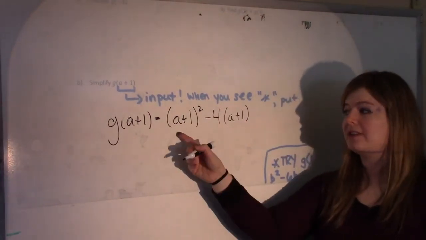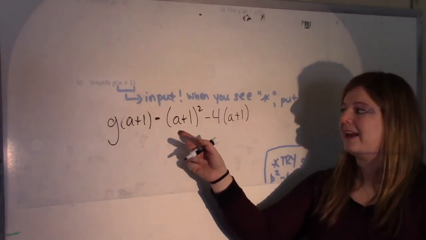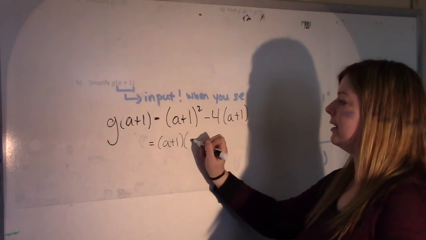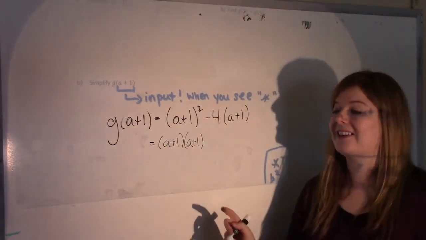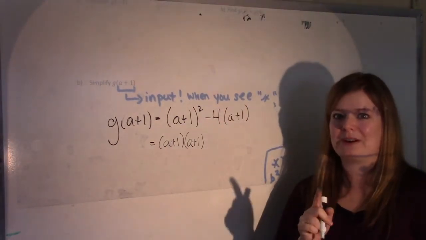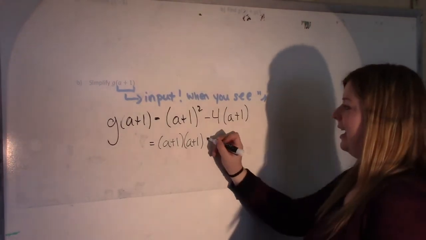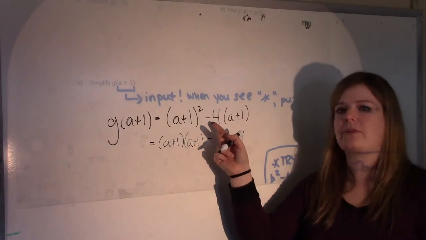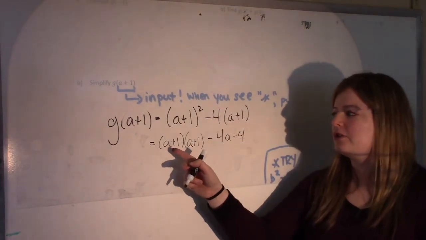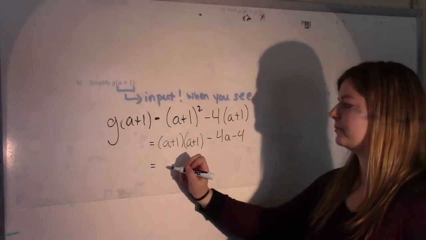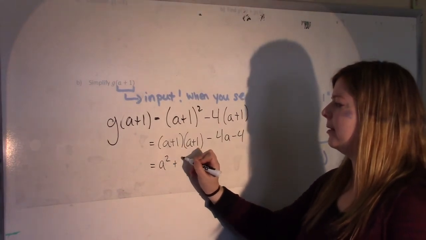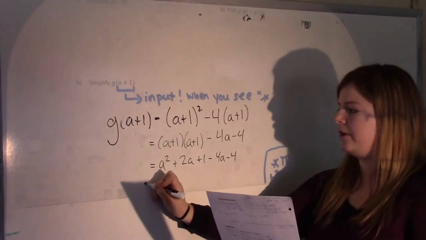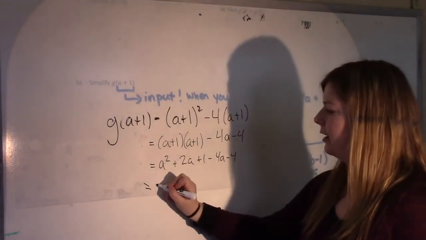Okay, so again, the parentheses are crucial here because a plus 1 is all being squared. So that really means a plus 1 times a plus 1. This is not just a squared plus 1. Remember, that's one of my biggest pet peeves. And then you can expand this right away if you're comfortable. Remember, the negative 4 gets distributed. So you FOIL this, and you come up with a squared plus 2a plus 1 minus 4a minus 4. So your final answer is a squared